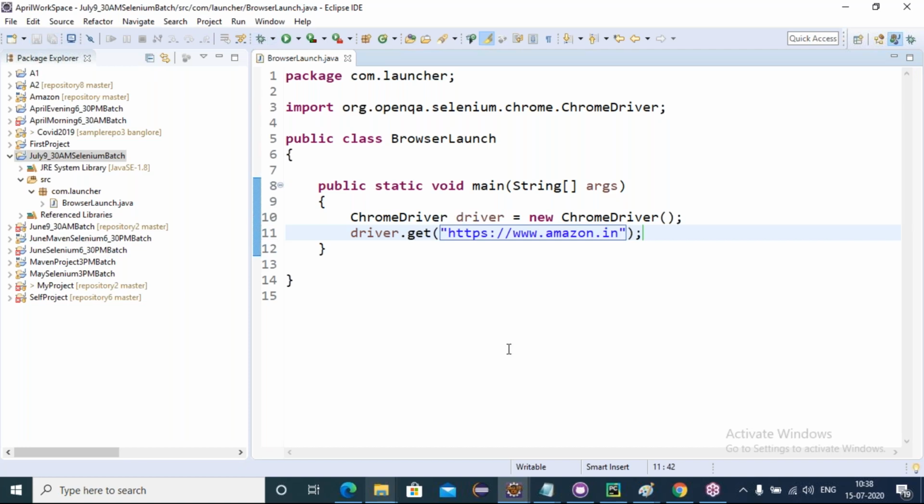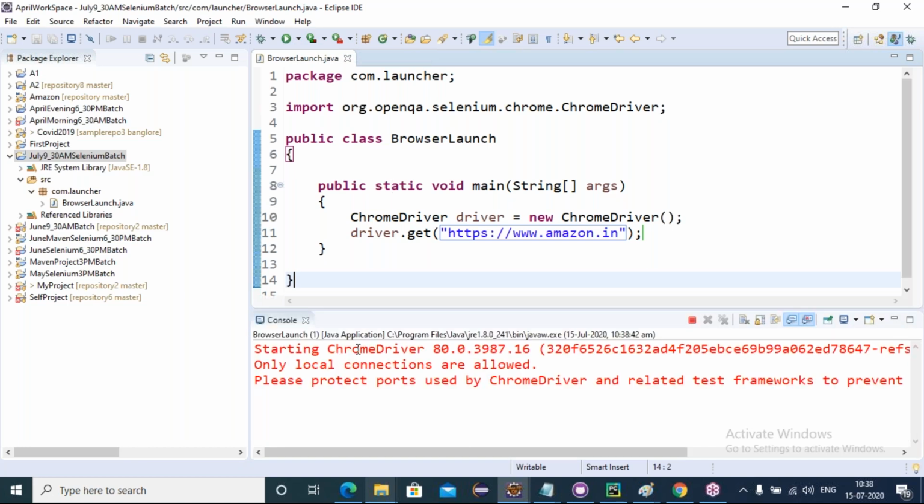Friends, if I run this program, will my code execute? Will it launch the Chrome browser with the Amazon site? Come on, friends. In my system, it is going to work. If you try from your system, it will not work. Why, I will tell you. See, I'm running this code, clicking on run. See now.